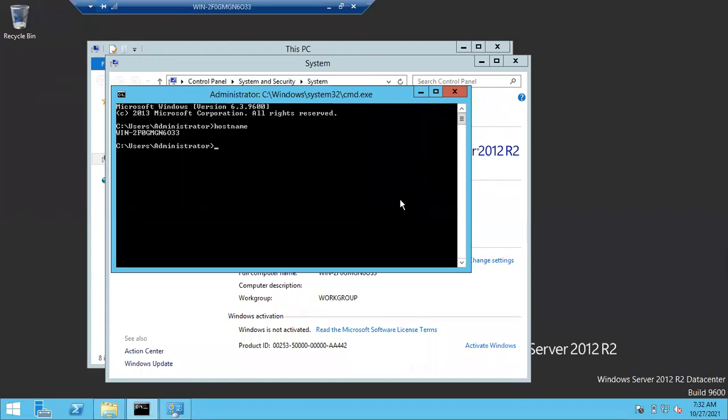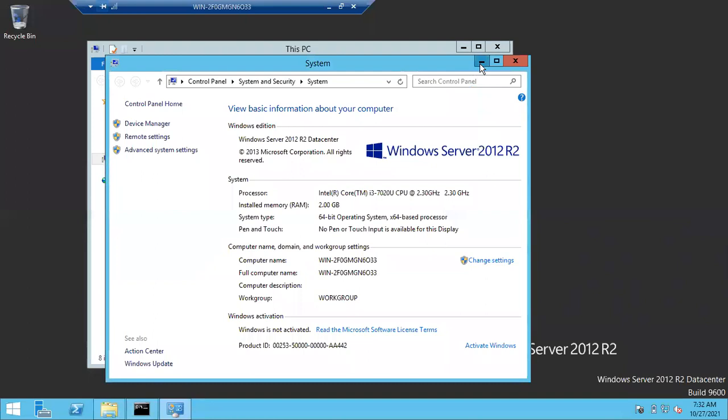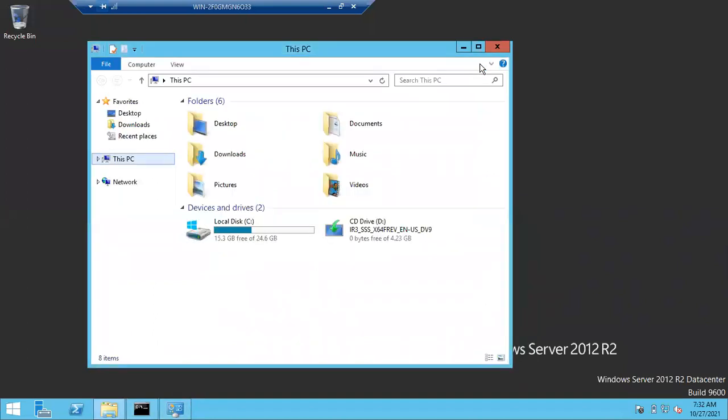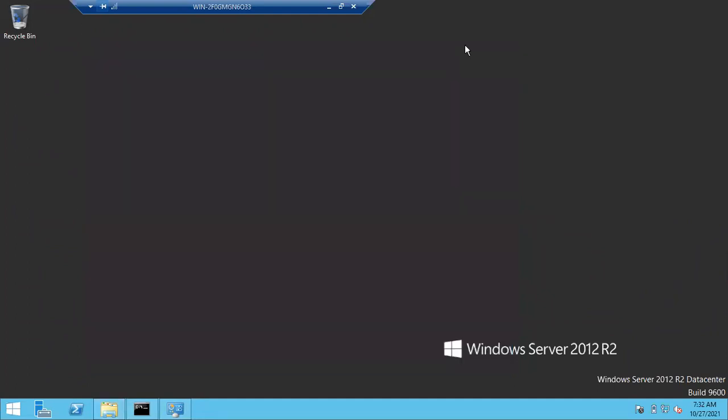Got it? And again, one more important thing. At any moment you want to check who all are connected to this server. Say for example, you are patching the server, guys. While patching, you have to restart the Windows server. While restarting the Windows server, you want to check who all are connected to it. How can we check, guys? Can anyone tell me how we can check who all other members are connected to this server?